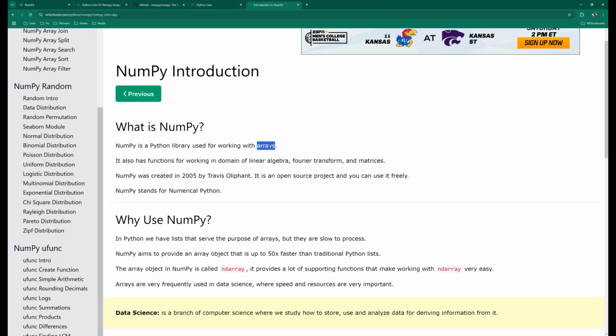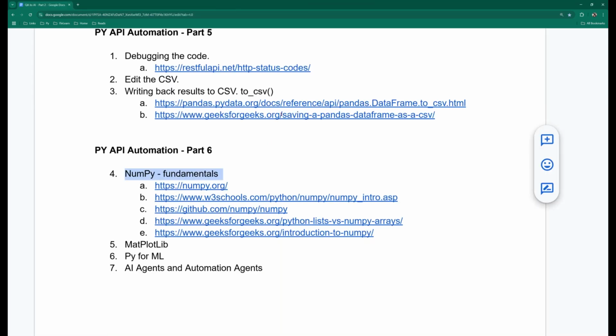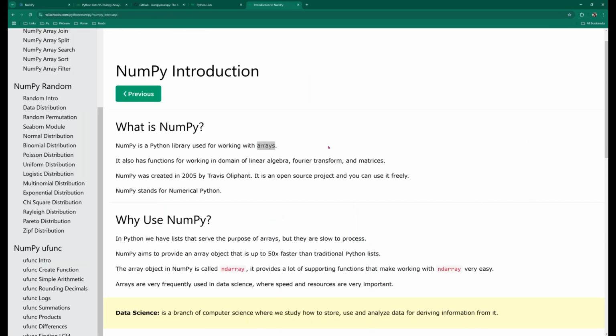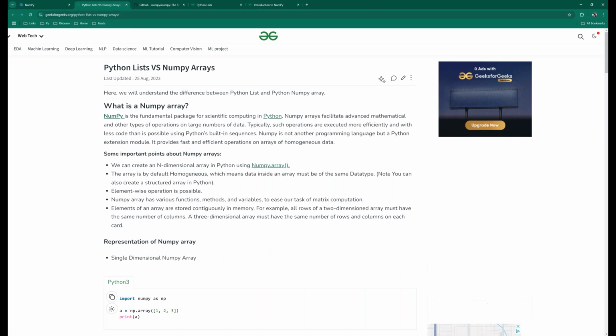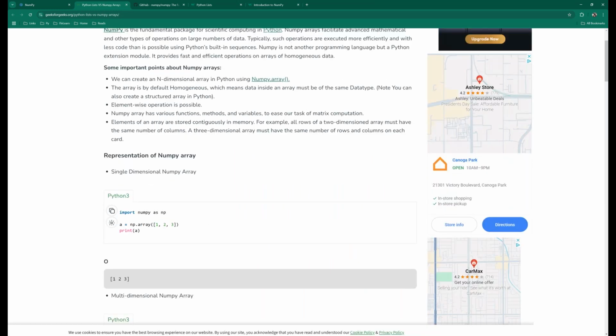So what we had with our CSV earlier, you would notice that we are able to manage data in a two-dimensional array and so on. But with NumPy, you would notice how it is different from lists. There's one more link that I put from geeksforgeeks.org, where it explains very nicely why our existing Python lists